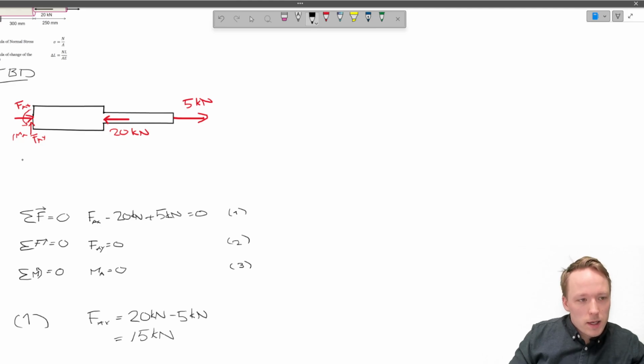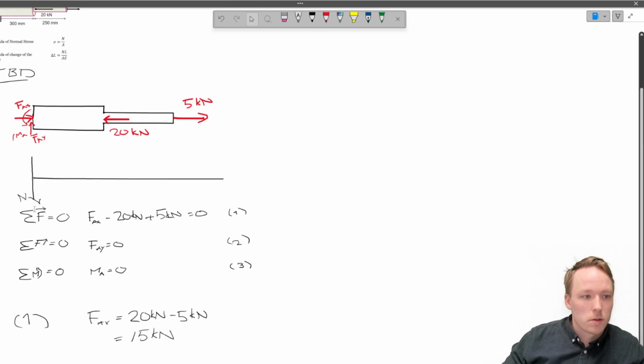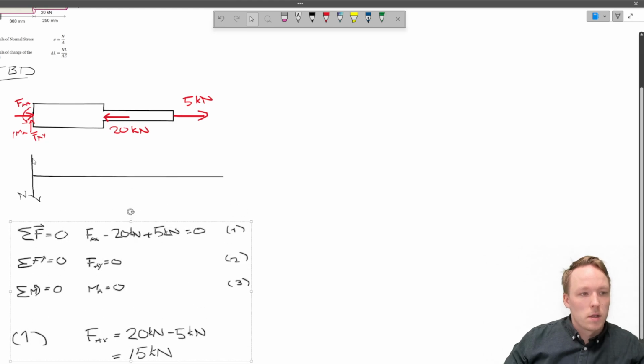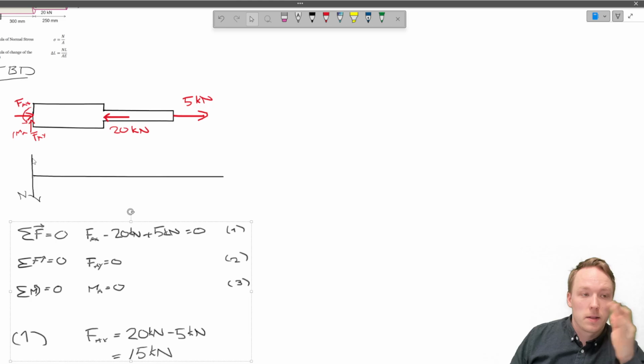I highly recommend that you leave space below your free body diagram. For me, at least, it's best place to draw the normal force diagram is below the actual free body diagram. So I start by drawing this kind of graph in here. In here we have the normal force. Let's make a little more room here. So when we start drawing the normal force diagram, we start from, in this case, the left